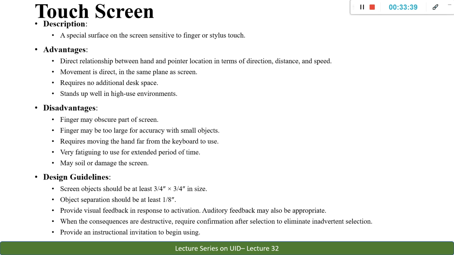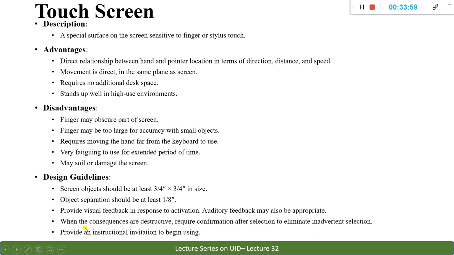So that thing becomes a must. You should have a confirmation required for that kind of selection. If you are just opening it, that is not a problem. But if you are deleting it, that might create a problem because you may lose something. Correct. So that is what is preferred.